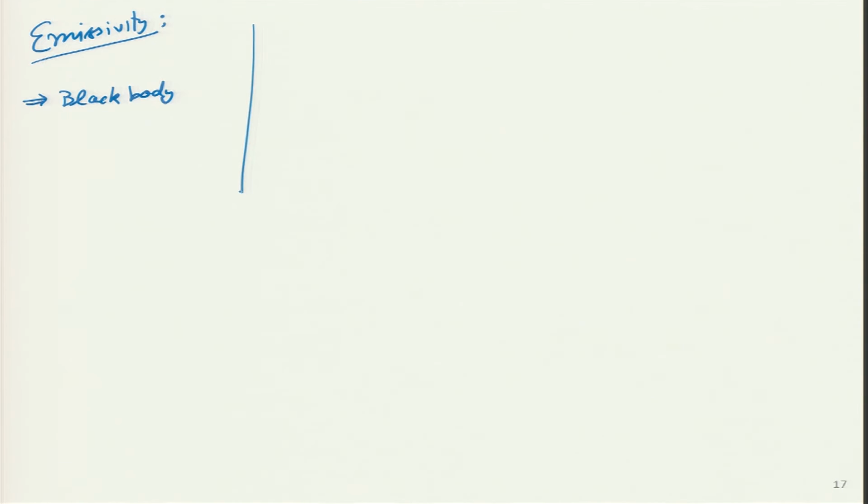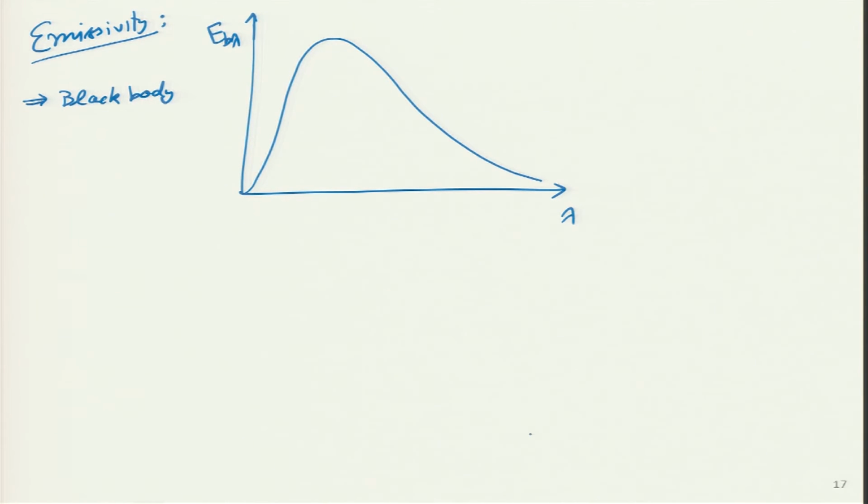So, let me go ahead and draw the black body spectrum. This is the black body spectral emissive power as a function of wavelength, and we have something like this here. This whole thing is at some temperature T, so I am writing that temperature T here. Now, I take a body which I know is not a black body, some real body, and I try to heat it to the same temperature as the black body. So, I keep the temperature the same and I measure its spectral emissive power, E b lambda, again.